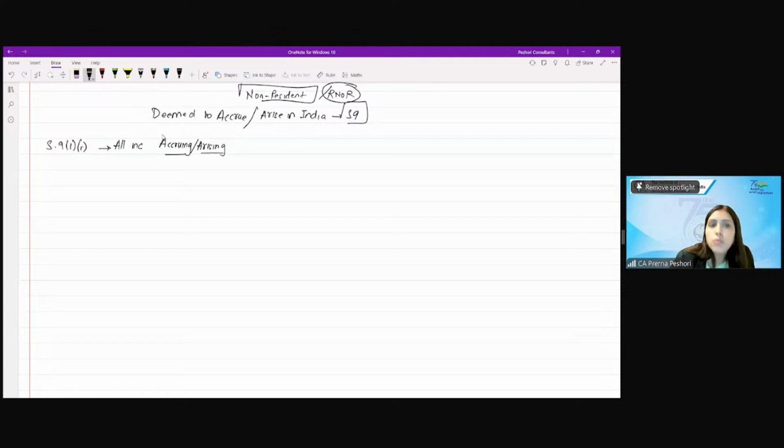See, again, they are using the words accruing or arising without even defining it. So when they are saying income is deemed to accrue or arise in India, in that also they are saying all income accruing or arising, which basically suggests that they are trying to say any income which is getting generated